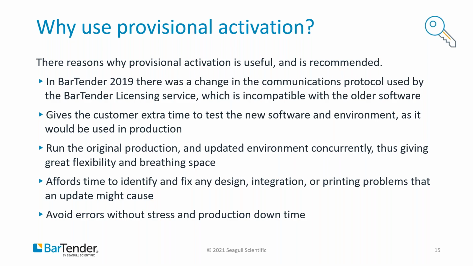Well, the main reason, as mentioned, is that between 2016 and 2019, we changed the communications protocol that was used by the BarTender licensing service. This is the communication connection between the license server and the BarTender client. So there was a break in compatibility. One could not speak to the other. So if you wanted to perform a version upgrade,